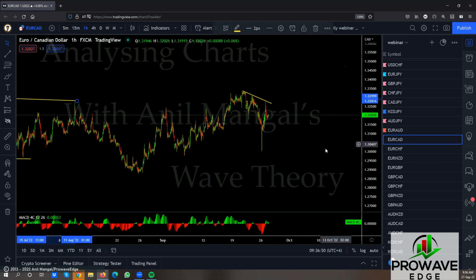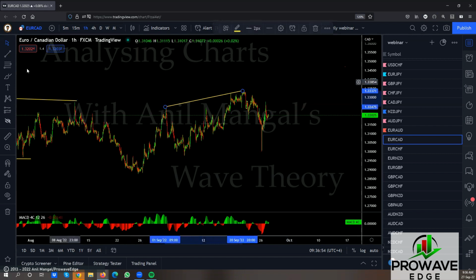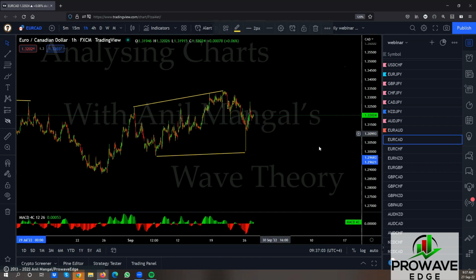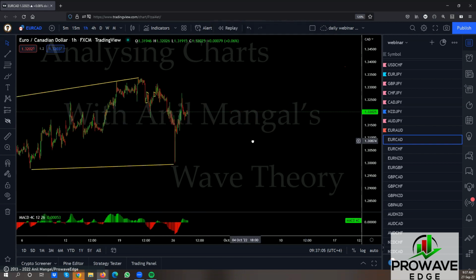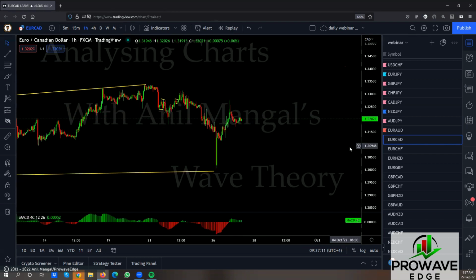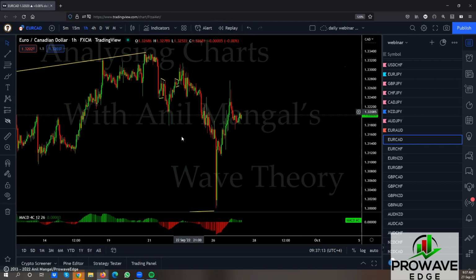So here's the question. Can we go with this now as the running flat? Can we go with this as the running flat for upside? I think it makes sense, right? Remember, we're expecting this to come back here and make a running flat and then go. So we can make an argument for that. This had a 1, 2, 3, that is some correction there. This had one correction only. Pretty deep, but one single correction.